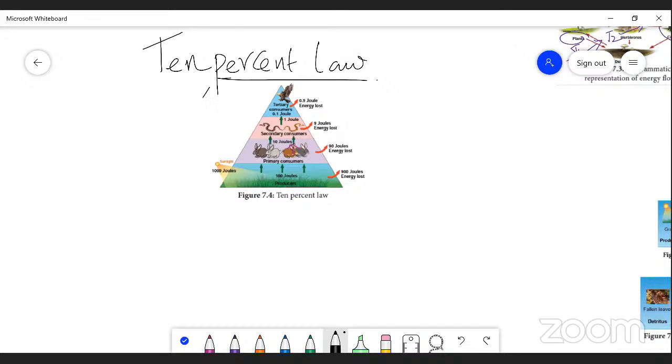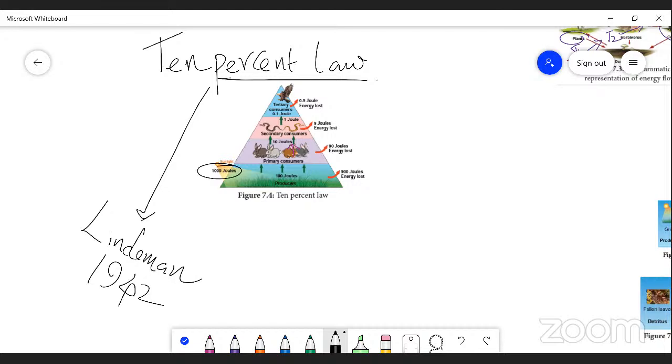It was first proposed by Lindemann in the year 1942. According to Lindemann, the sunlight, as I mentioned very earlier, the sun is the main source of all the living system. Suppose 100,000 joules of energy is obtained by a producer or trophic level 1, the T1,